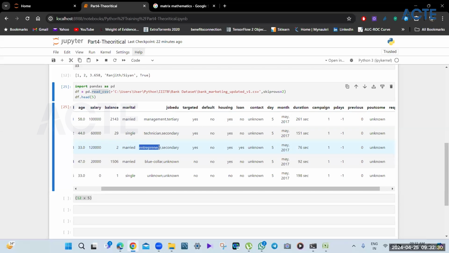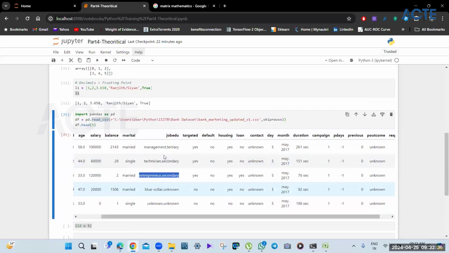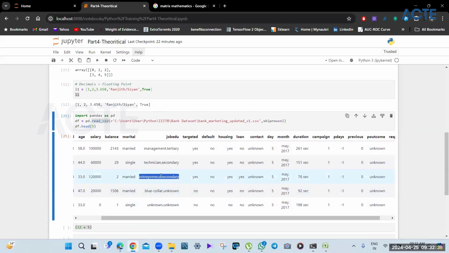Then the first is entrepreneur, that's your job, and secondary is your education. We should be able to split them into two, because having this as one word will add no value to my analysis or my understanding. So we have to split them up.